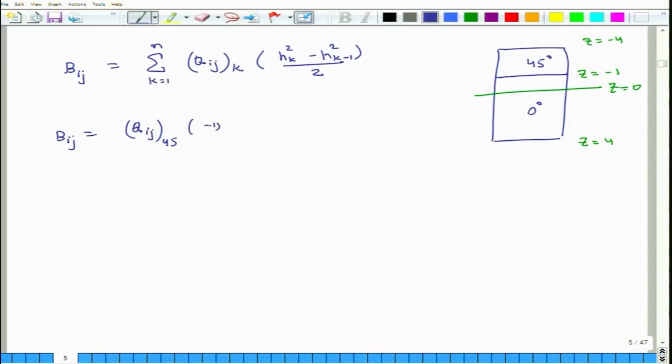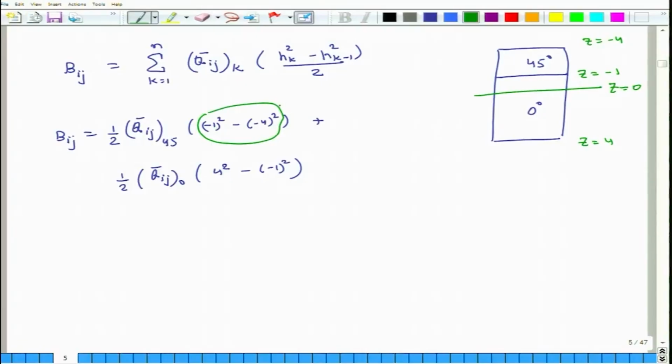So, it is minus 1 square minus 4 square into 1 by 2, plus 1 by 2 Qij bar for the 0 degree layer, and for the 0 degree layer it is 4 square minus 1 square. Okay. So, this becomes